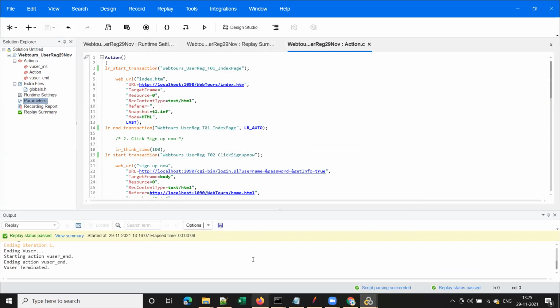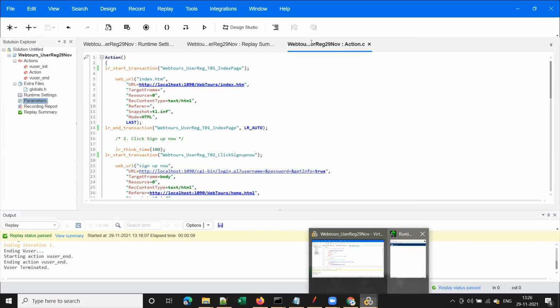Kishore, one question. Once we give the command to run the scripts with a number of users, do we get any pop-up saying the script was completed? Do we get anything from the application, or do we have to check manually?